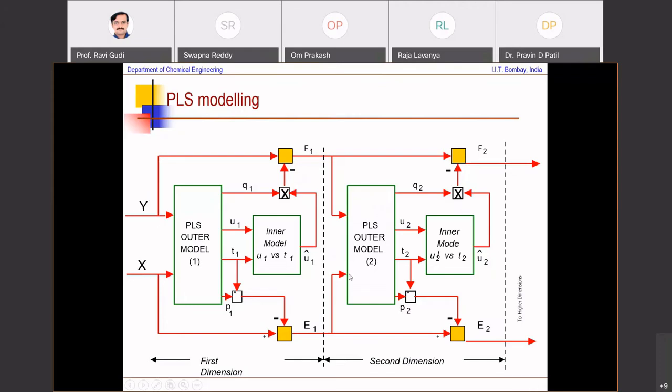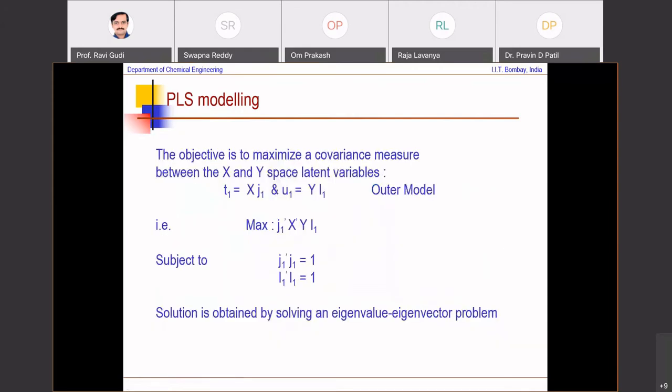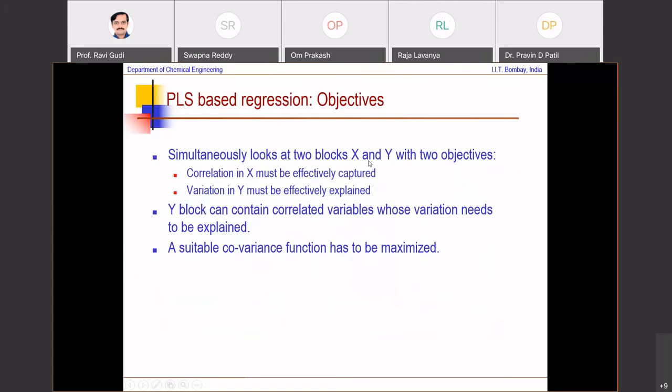So in that sense, it's basically systematically deflating the information in X and Y, deflating the information in X to explain the variation in Y. You are essentially like a balloon deflating X, the information in X, or explaining the variation in Y, till such an extent that I have nothing left in X to explain except noise, and nothing left to exploit in the correlation in X, and nothing left to explain in Y except the noise. This is under the assumption, of course, that the relationship between Y and X is linear.